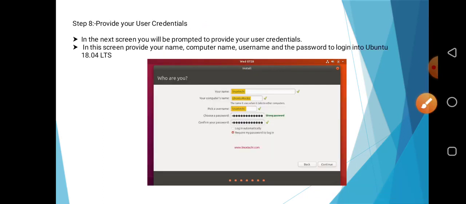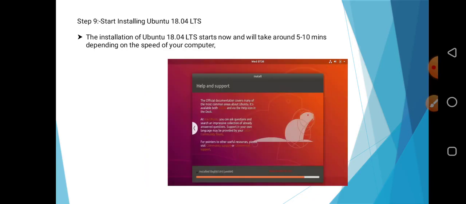Now, the next step after selecting the time zone is to provide the user details. So you have to provide a proper username and a proper password if you want. Username is compulsory. Password, if you want to go for it, you can. If you don't want to set a password for your system, don't give one. But my suggestion, for security reasons, is to always secure your system with a strong password. So provide the proper username, your computer name, and the password over there. And click on continue, and it will start installing Ubuntu automatically from the bootable media.